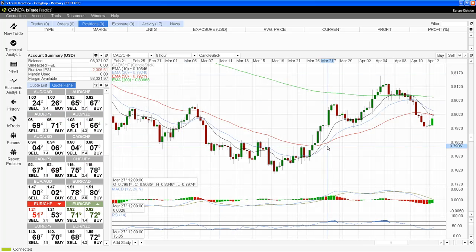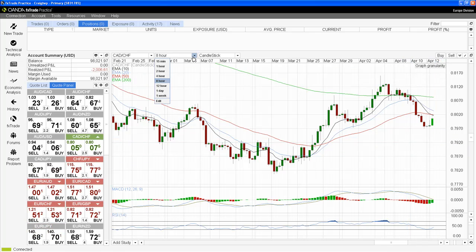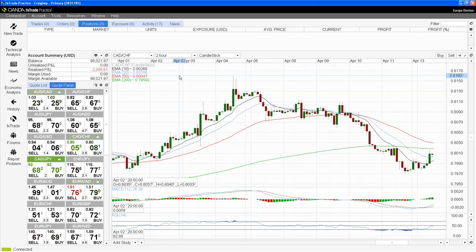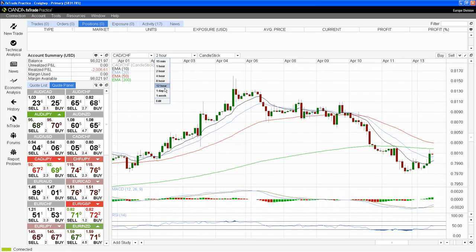If we throw up the 8-hour, we can start to see a pullback up into this level, in and around this 8,000 level, setting a lower high and then breaking these lows, putting us into a downtrend, would then give me opportunities moving down the time frames again, looking to join that trend. And as you can see on the 2-hour, in fact, we are in a downtrend. I'd just like to see